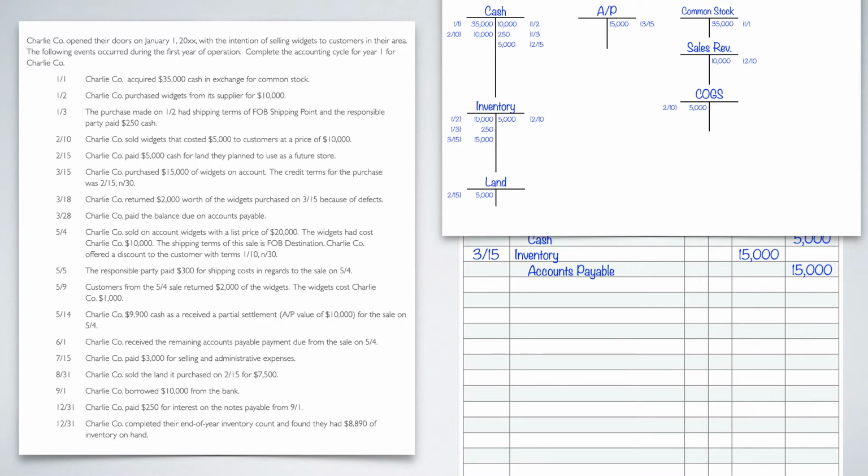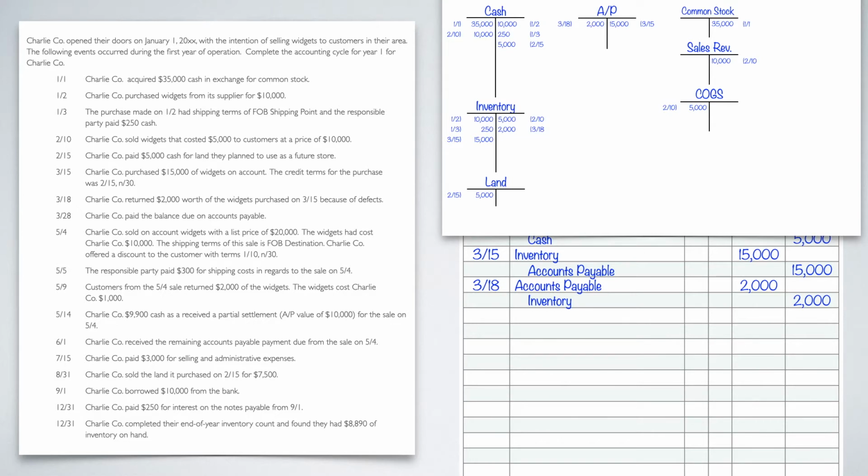And remember, returning of a purchase is simply the opposite of the original. So the original is inventory, AP. So for us to do the journal entry for the return, it's going to be the opposite, which is going to be AP of 2,000 and inventory of 2,000. So I just flipped them. Put that in my T-tables. There we go. All right, so we're done with 318.